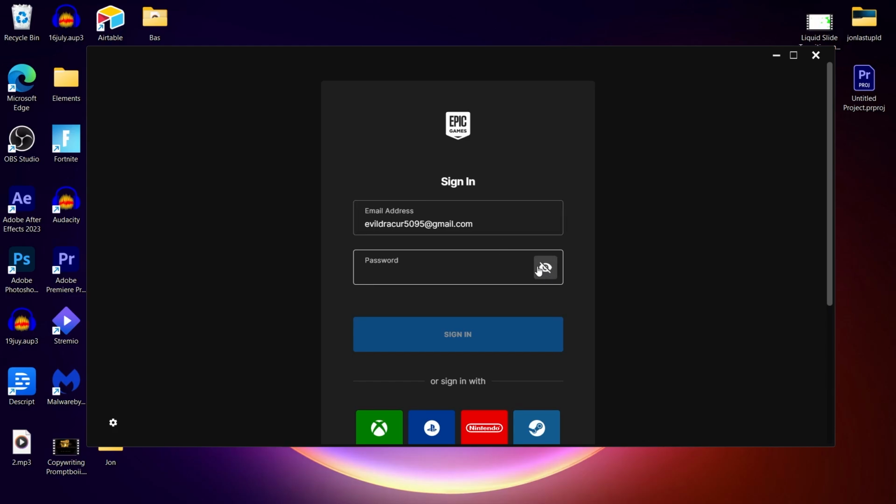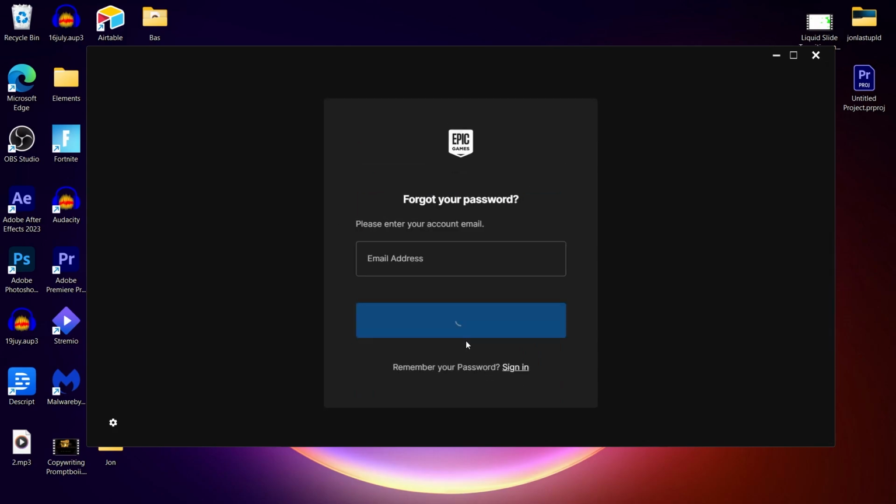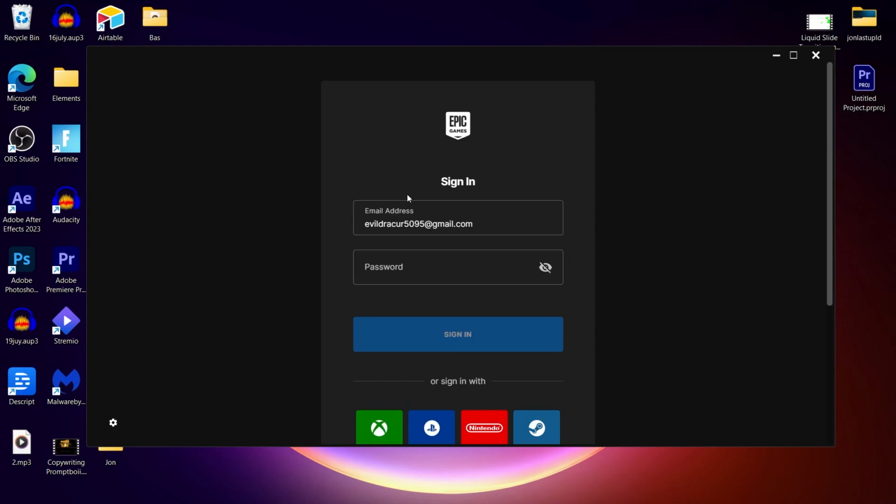the password. And if you think you don't remember the password, you can simply scroll down and click on I can't sign in. When you click on I can't sign in, you'll have to enter your account email and click on send email. After that, Epic Games will send an email to your added email address and you can reset the password from there. But if you are still facing the problem, even if you have entered the right credentials,